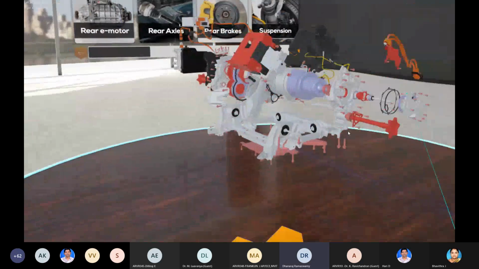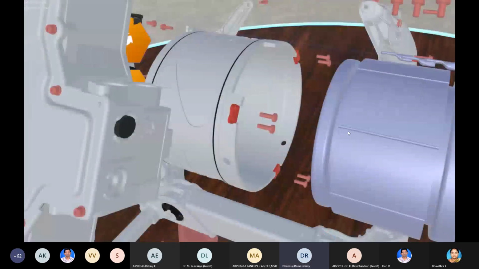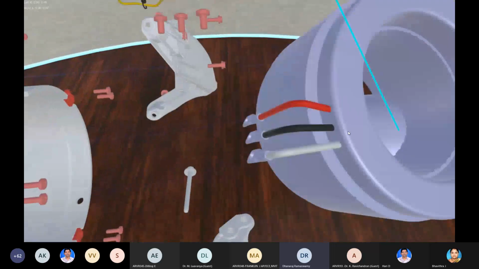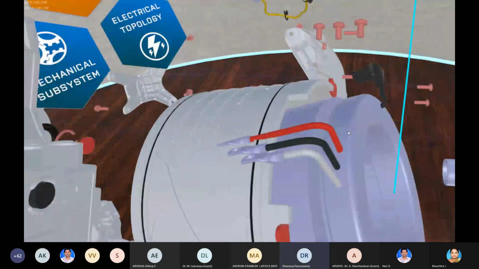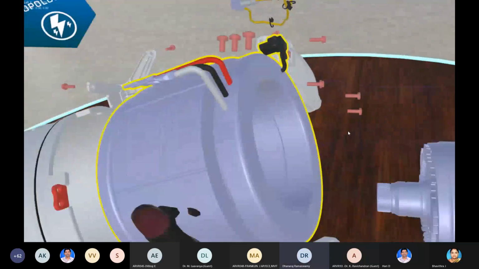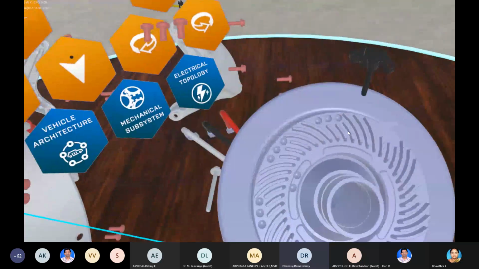See, I'm exploring the E-drive. I want to check how it's mounted. Like I'm grabbing a particular part, so I can assemble it myself. How the rotor is assembled with the stator, so I can check here what the gap is.